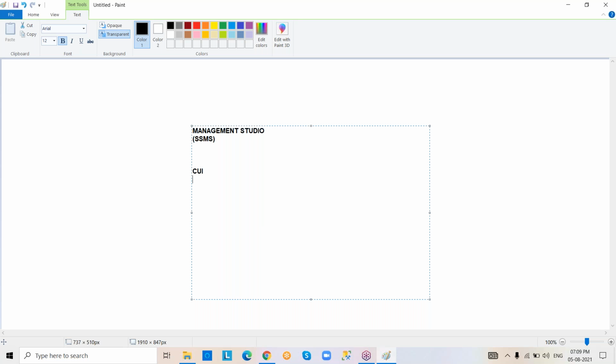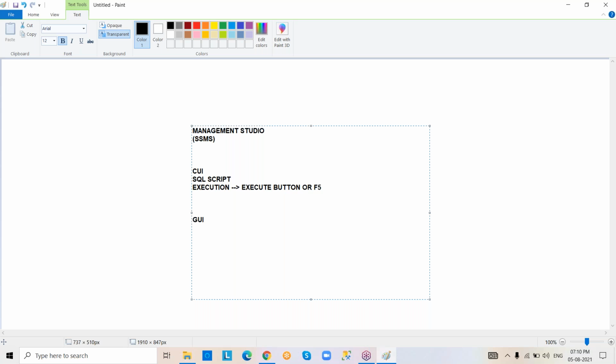Okay. So here, this tool contains different parts. CUI, the character user interface part. In this part, if you want to complete any task, you have to write a SQL script. Then we go for execution. For execution, we can use the execute button, or we can use function key F5 from the keyboard.